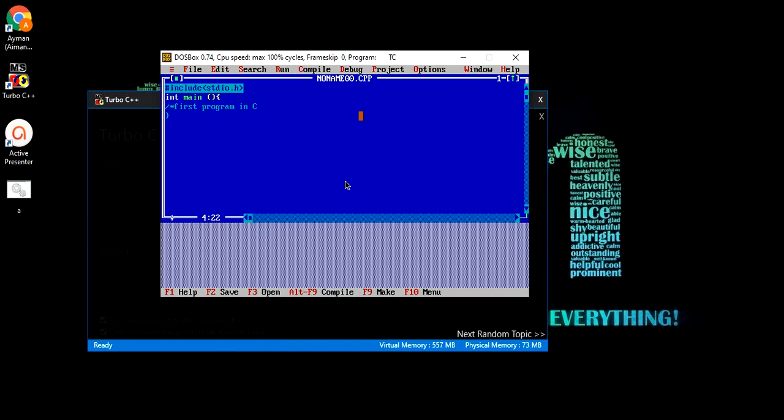Clear all the contents if there is any. In this program I am adding conio.h because I am going to use some of its methods.